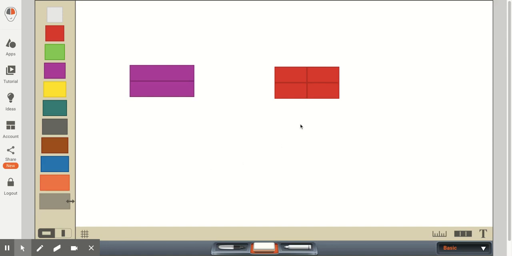And in this red rectangle, what I've done is I've cut this into 4 pieces, and these are 4 equal pieces, so each piece would represent 1/4 of the original rectangle. And just like with the circle, we'd want the first graders to recognize with the rectangle, as we cut the rectangle into more pieces, each of the pieces becomes smaller.